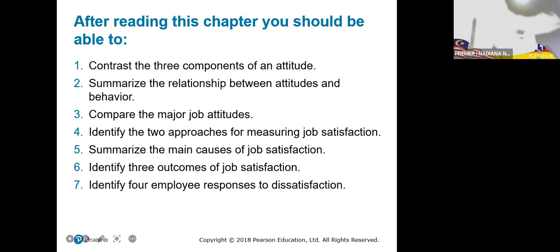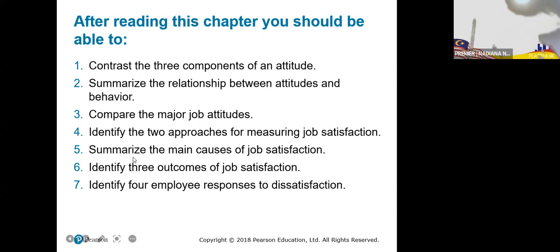In organization, job satisfaction is very important. So we must take care of job satisfaction among the employees. That is the duty of the organization, the duty of management, to improve job satisfaction among the employees. If they don't feel they have good enough job satisfaction, they will fall under dissatisfaction.